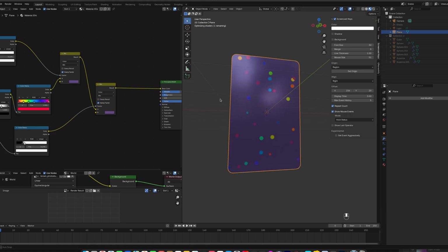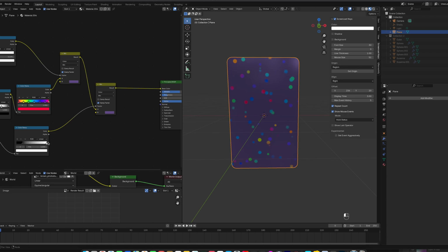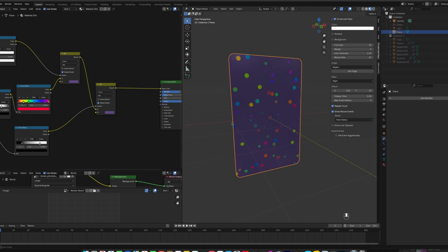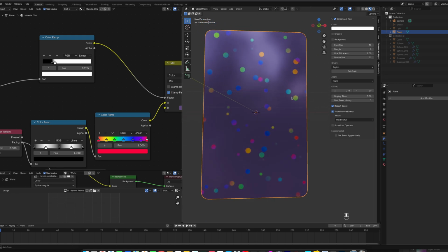And let's just plug that in there. You can kind of see some of them disappearing and then coming back, but I want this effect to be... there we go. I think that's nice. I used the dots in the axolotl holographic video,